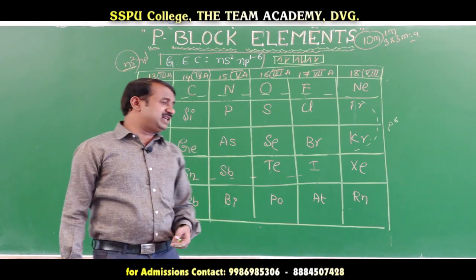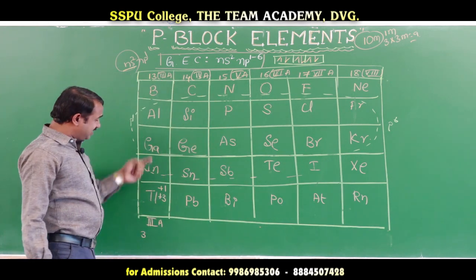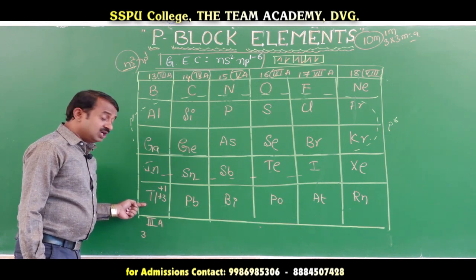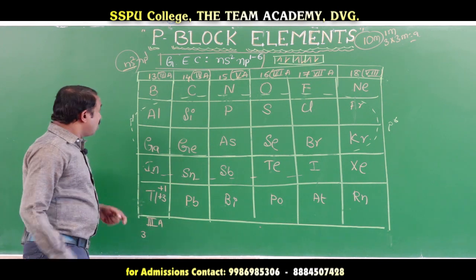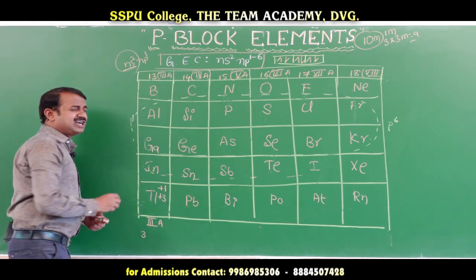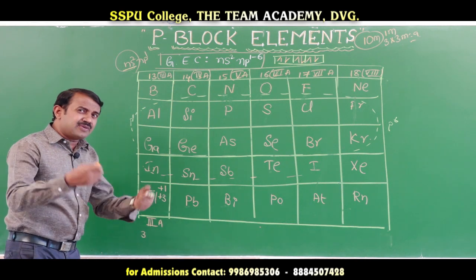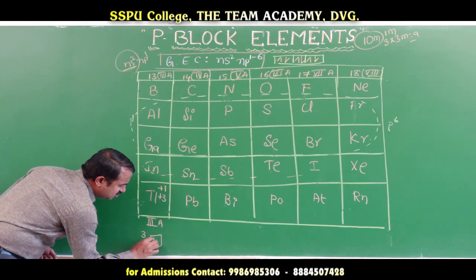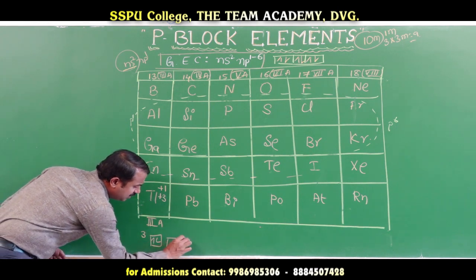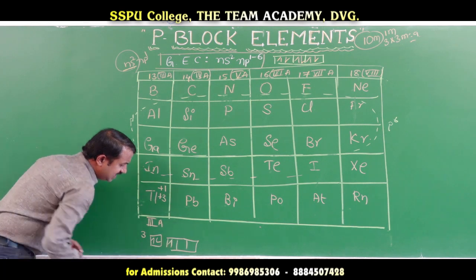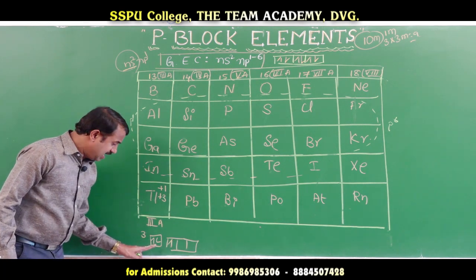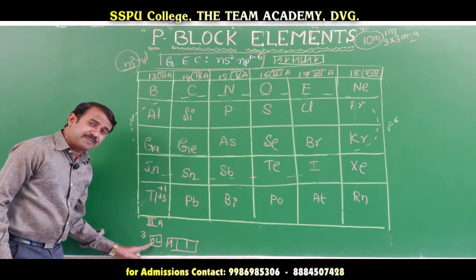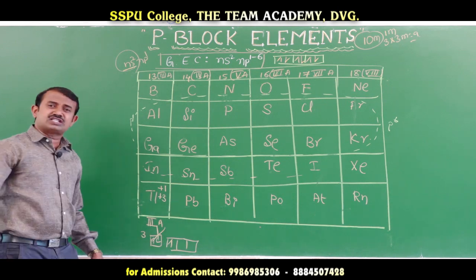What does inert pair effect mean? When the s electrons, here the 6s electrons, do not participate in bond formation, that is called the inert pair effect. When s electrons do not participate, there are no unpaired electrons available, so the valency is always 1. Listen carefully: 6s1, 6s2, 6s2 6p1. In 6s2 6p1, the s electrons are not promoted to the p orbital; the pair of electrons does not participate in bond formation.